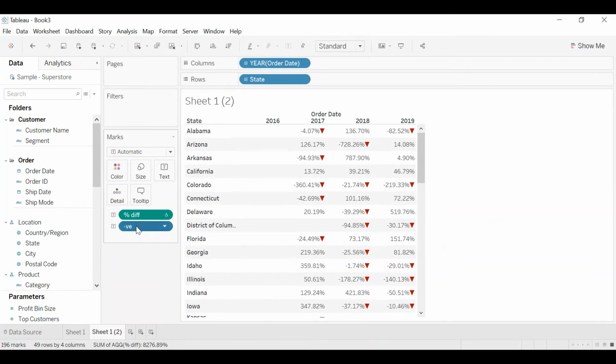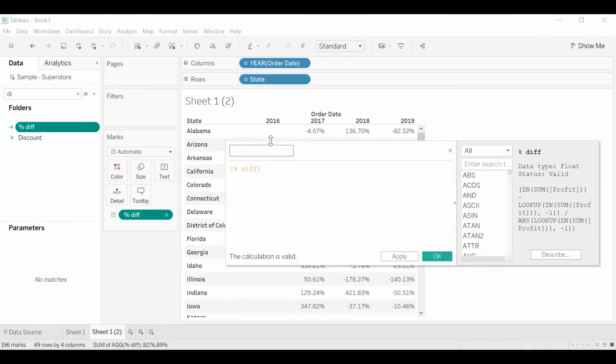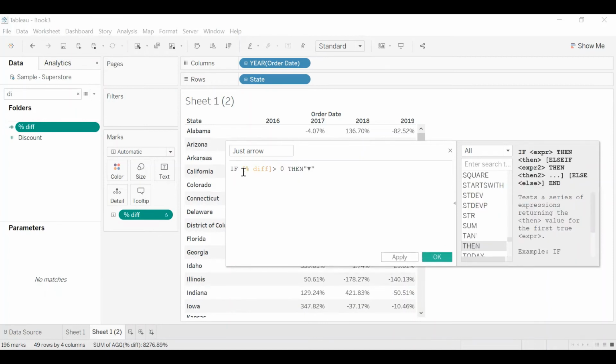So I'll remove this and I'll remove this, and again we have got a normal table, and I'll just go to this percentage difference calculation, and I'll create another calculated field, and I'll say just arrow, and here we'll say that if this is greater than 0, then okay, sorry, if this is less than 0, then this, else if